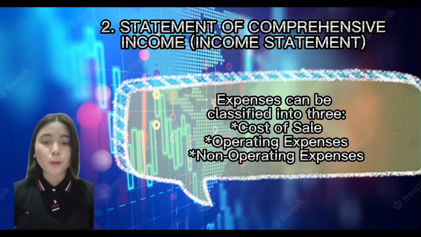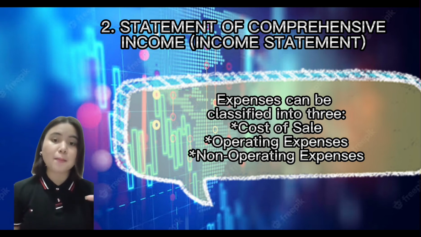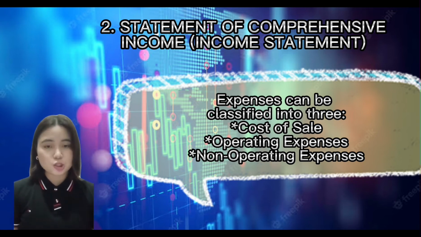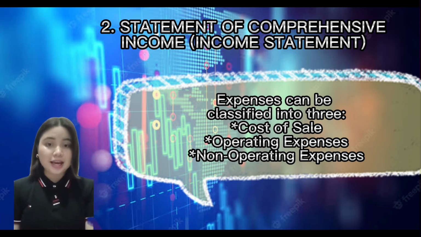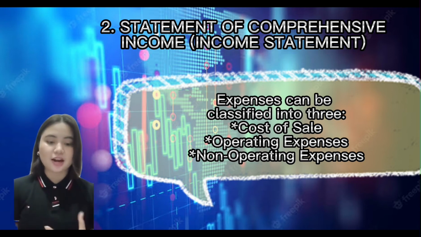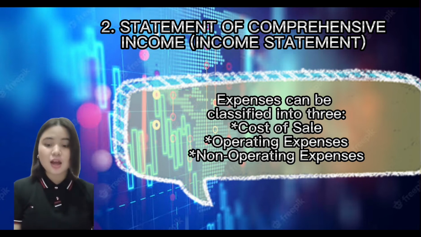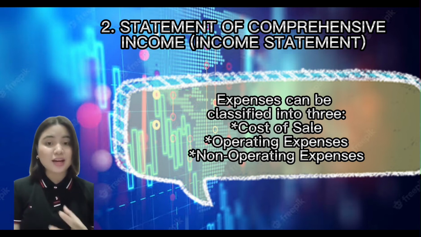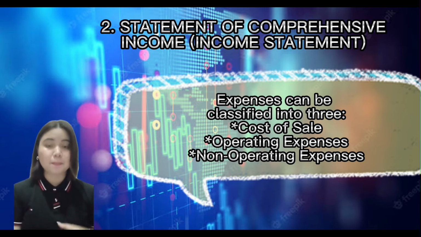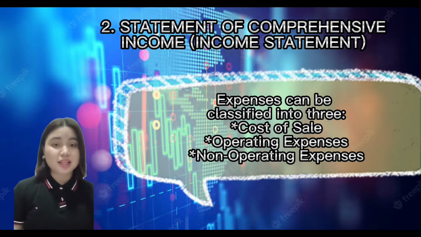Next one is yung operating expense. Ito naman yung ini-incurred natin para sa pag-ooperate ng business, like rent and salaries. So, ang examples ng cost of sales are raw materials and shipment costs. Then, ang example naman ng operating expense ay rent, salaries. Kung ano yung mga nagagastos natin para mag-operate yung business. Next naman is yung non-operating expenses, which are the taxes and interest.